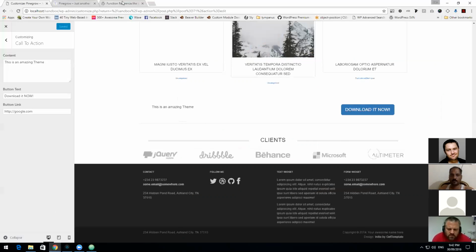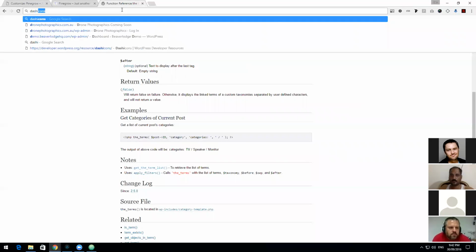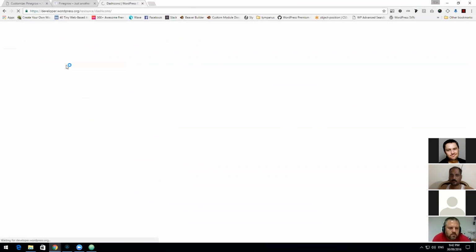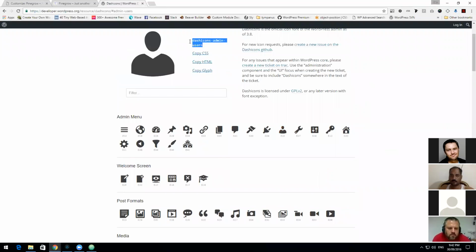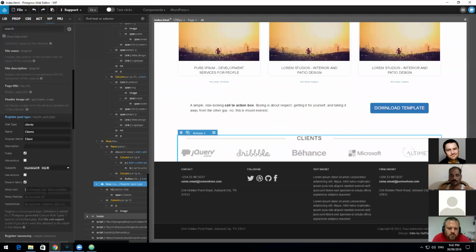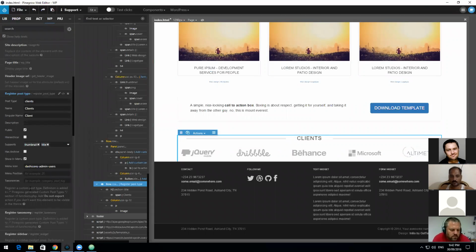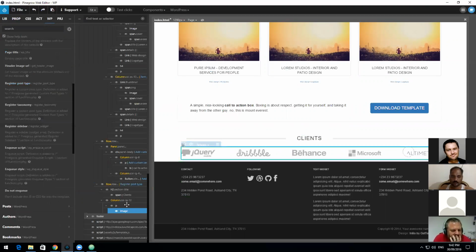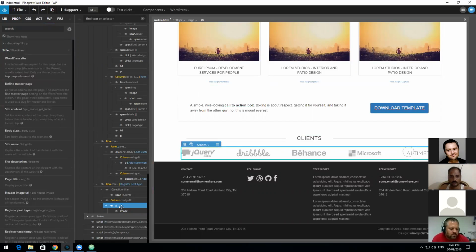And let's go back to dash icons. Just use the users. I don't need this. I don't care where this sits in the dashboard. I don't need it up with the posts, so I'm not going to worry about the menu position. No categories, no post tags. I'm not going to worry about any of that. So I'm going to click on here, and it's actually an image. I hate it when they do this, because what I'd have to do is